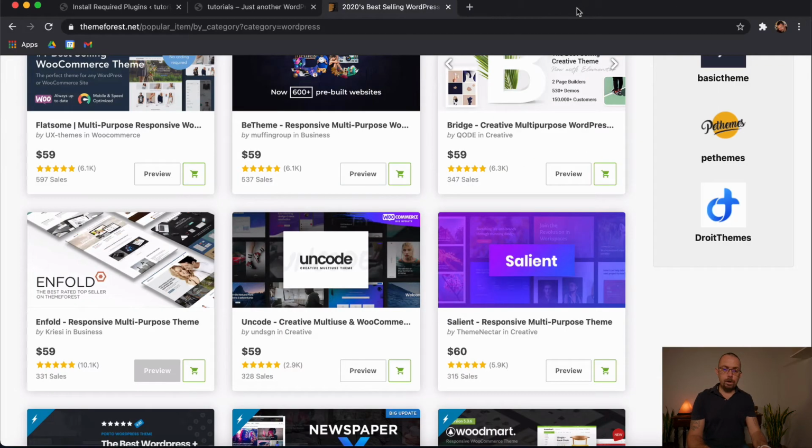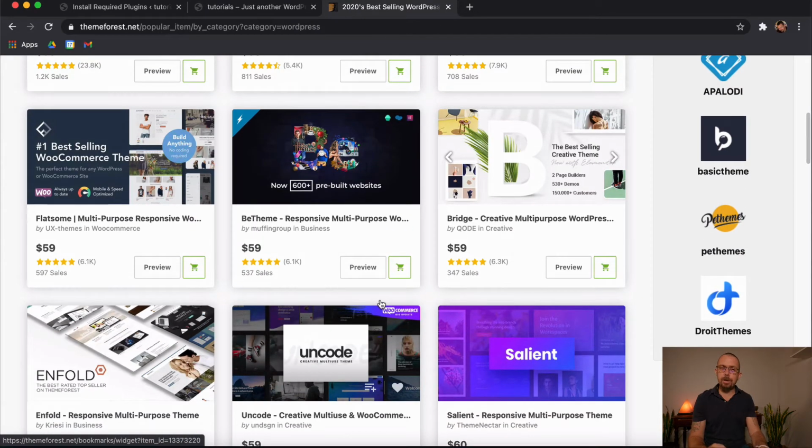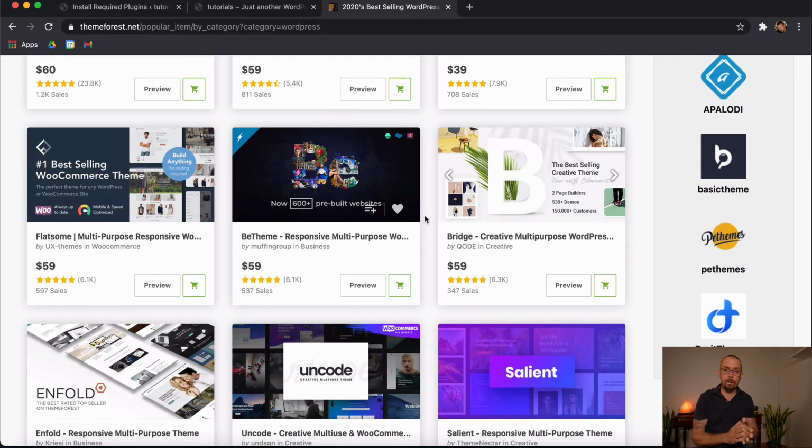So that's one way that you can do it. That's one way that I used to do a lot. Let's say I had a plumbing client who wanted a website created, then what I would have done in the old days is come over here, grab a theme that was similar to the plumbing website, install it, make some edits, and sell it to the client. That's the way that a lot of people, whether they admit it or not, are basically creating websites nowadays.